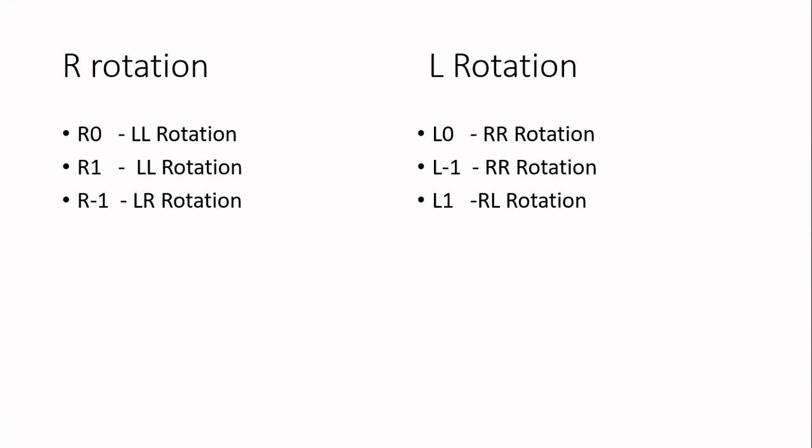Once you delete, you again have to calculate the balance factor of the other nodes also. In insertion, we have seen that once you perform balancing with respect to one node, all the remaining nodes will be automatically balanced. But in case of deletion, that will not be the case. Once you perform the balancing with respect to a particular node, you have to see the parent of that node, if anything exists. If so, you have to apply the same process to the parent node also. Till you reach the root node, you have to recursively apply the same process.